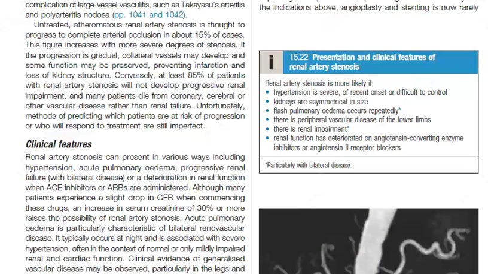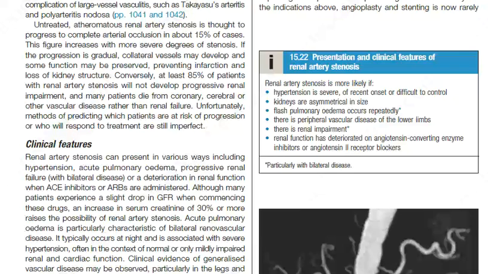Untreated atheromatous renal artery stenosis is thought to progress to complete arterial occlusion in about 15% of cases. This figure increases with more severe degrees of stenosis. If the progression is gradual, collateral vessels may develop and some function may be preserved, preventing infarction and loss of